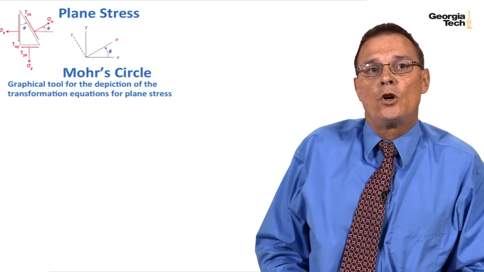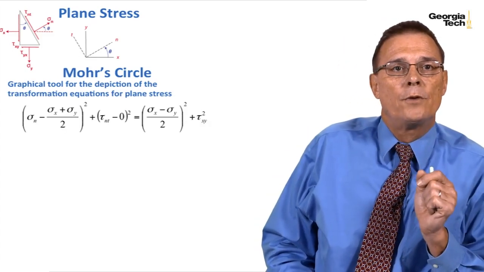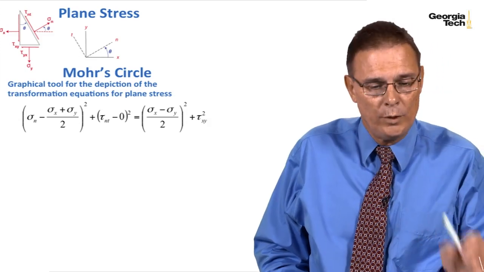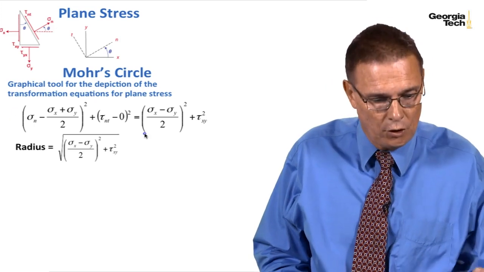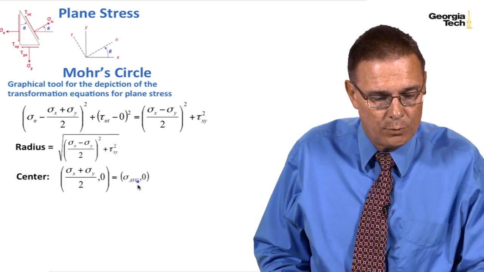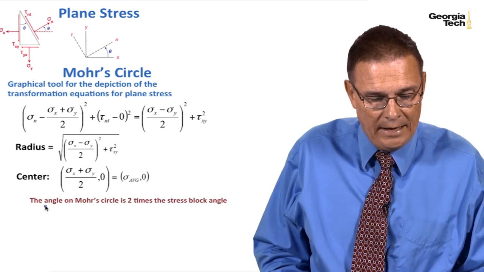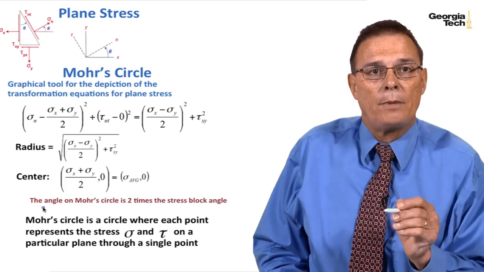We said that Mohr's circle was a graphical tool for the depiction of the transformation equations for plane stress. And we rearranged the transformation equation to look like this. We said it was in the form of a circle. The radius was the square root of the right-hand side. This was the center. And we said that the angle of Mohr's circle was 2 times the stress block angle,